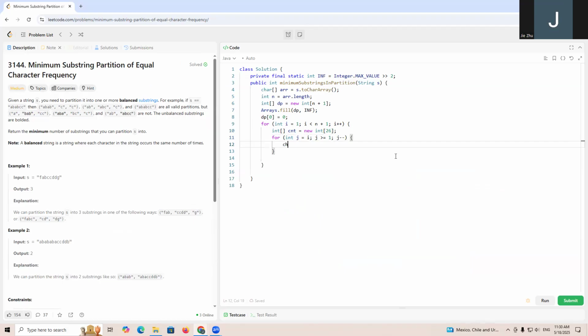Then we are going to have char array j, because there is one index difference, so we should have a j minus 1, right? Because we have a count. Every time we move j by one index, we add one character to our sliding window. So we'll say if it is a valid count, is balanced, whatever, we can call is balanced